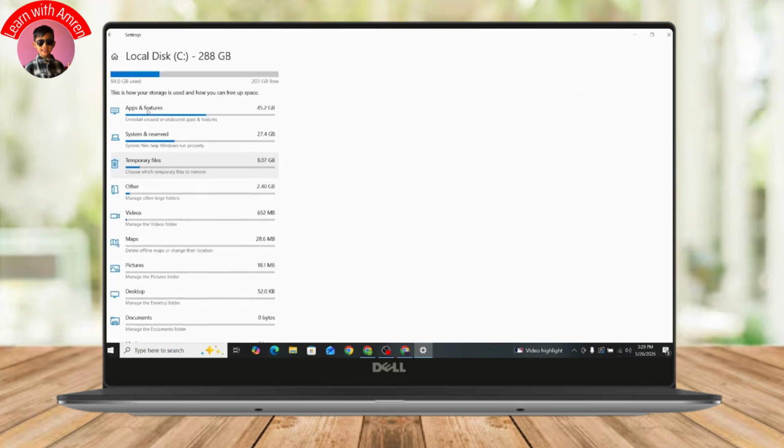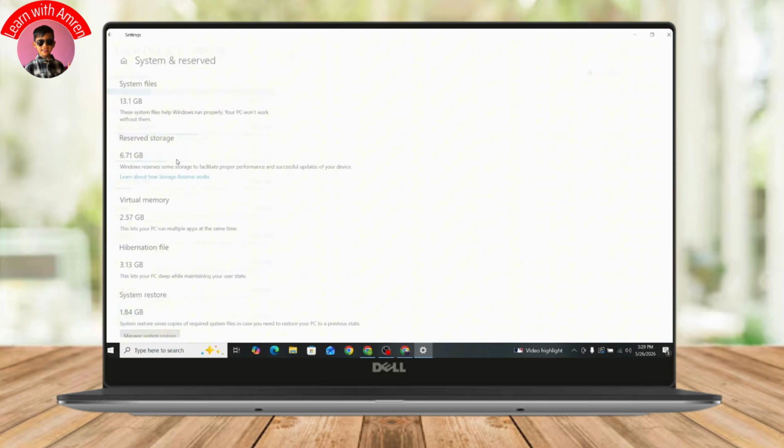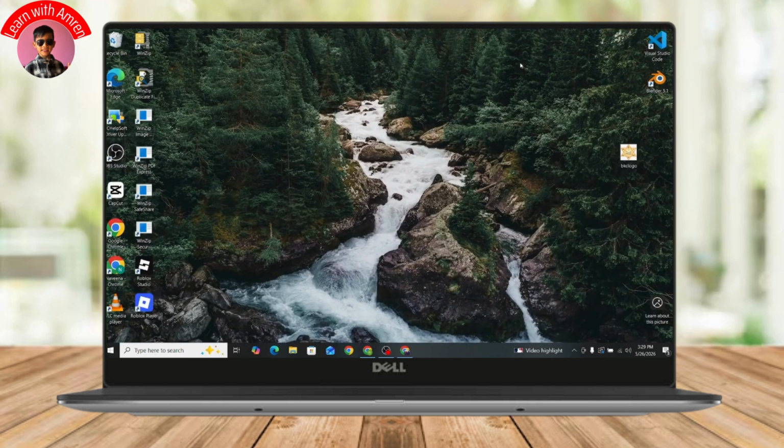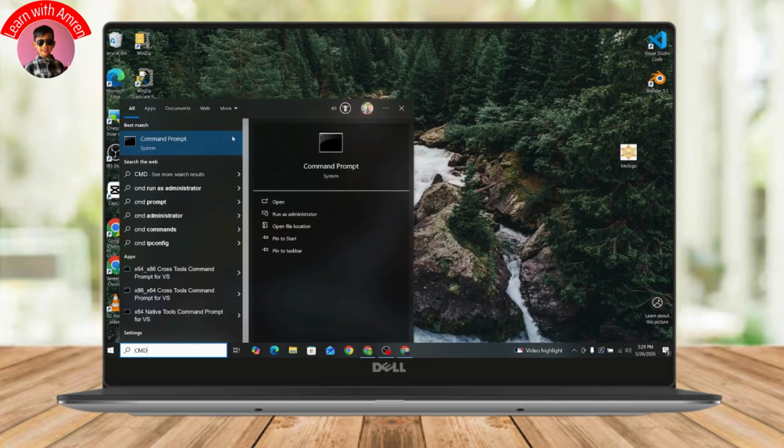And here you'll find System & reserved. You need to click on that. And as you can see, you will have Reserved storage right here, which in my case is 6.71 GB. So what you need to do, you need to open up your CMD at first, right click on it,